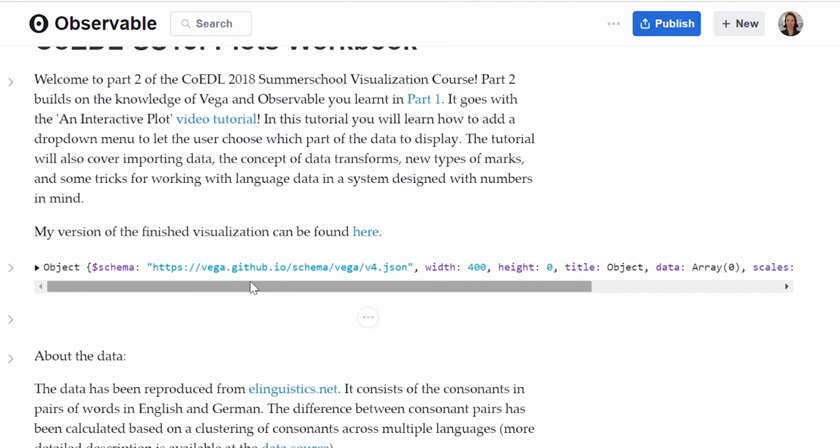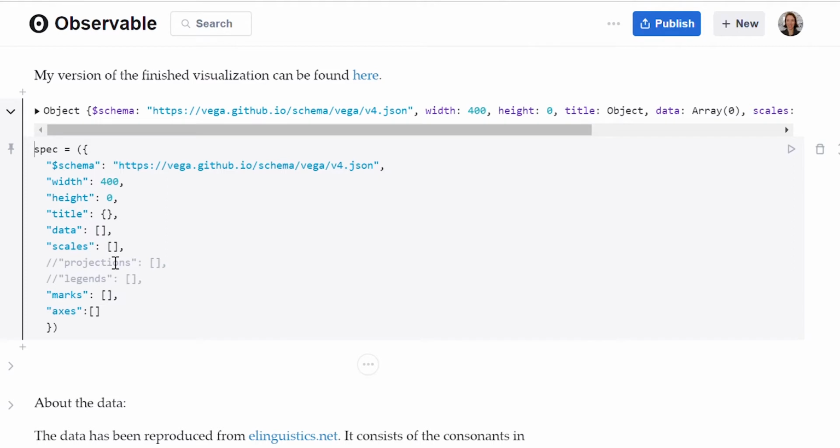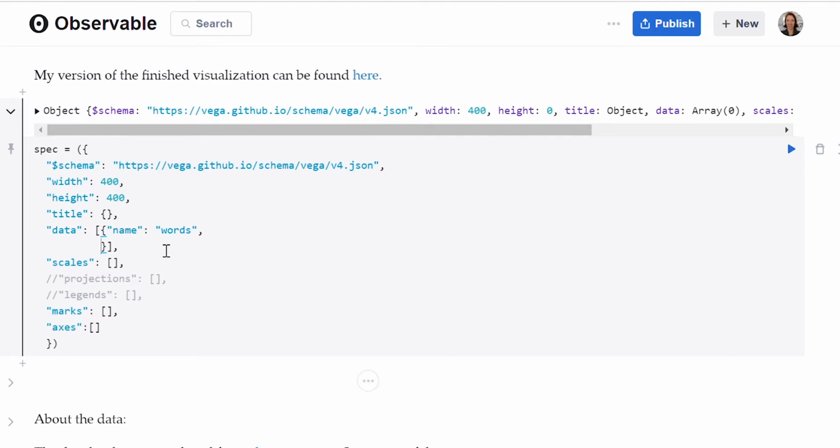So to start the visualization, we need to go up to our Vega specification and we need to start filling in those properties. So we'll give the chart some height. I'll just make it a square to start with. And if we go down to our data, see we've got an array there. We need to add a JSON object, so add curly brackets, add the property name, and we're going to call this dataset words, add the property values,